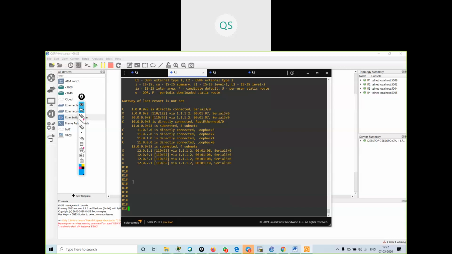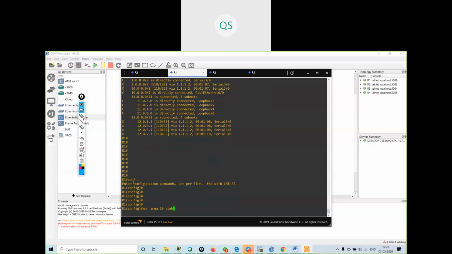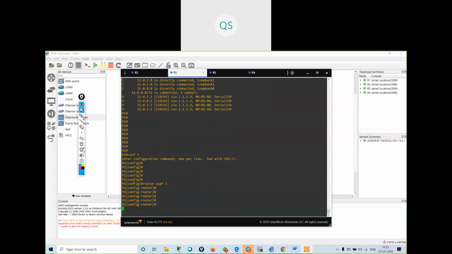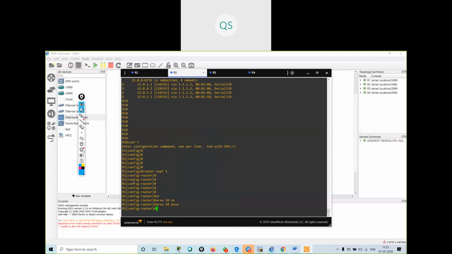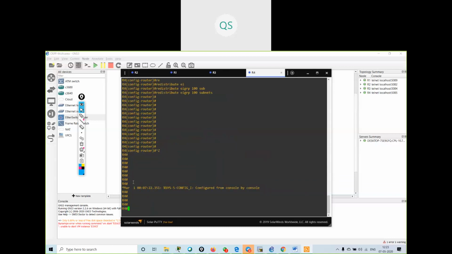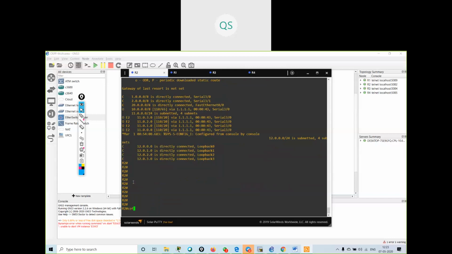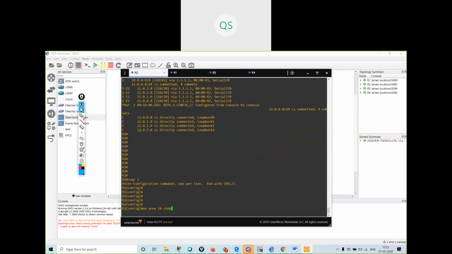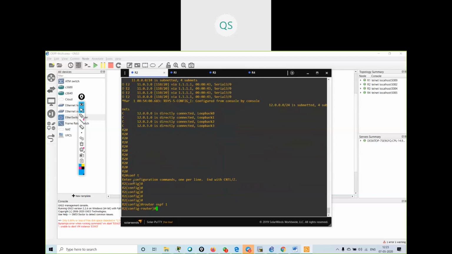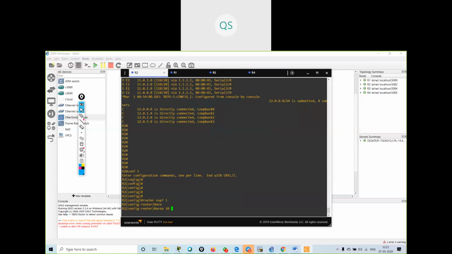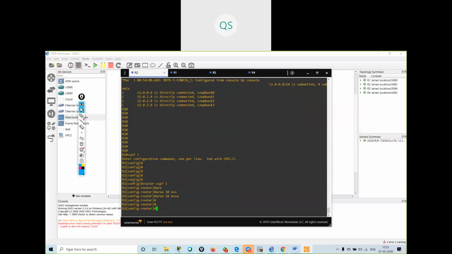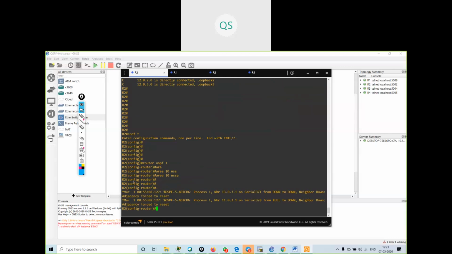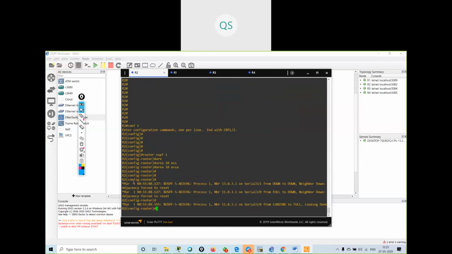I have to go to config terminal and say router OSPF, then area 10 NSSA. I have to go on R2 also and give the same command: area 10 NSSA. And on the ABR router, that is my R3,